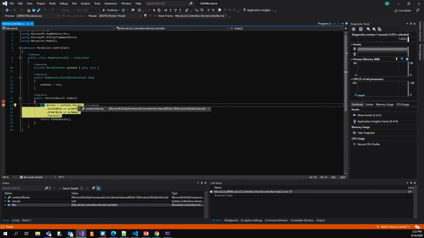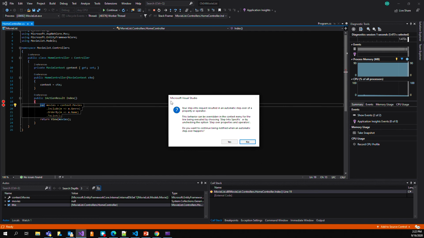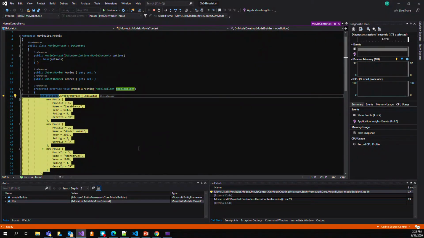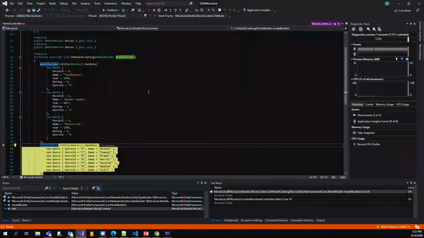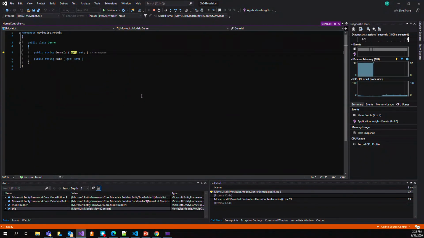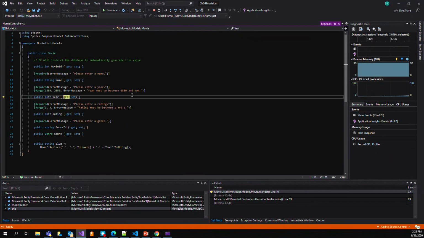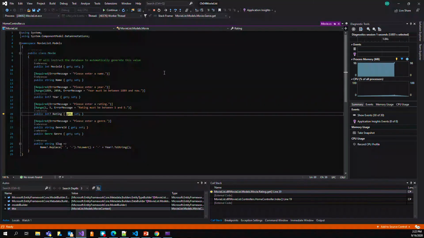So movies is a property, and I should be able to step into one of these. So if I hit F11, I'm going to step into. Doesn't look like it's going to let me step into it since it's a LINQ expression. Automatic step over. Okay, so it still let me step into it. So you can see F11, I'm allowed to step into this OnModelCreating. I can F10 and step over lines of code, F10, F10, F10, and then I'm over to my genre model now. I'll go ahead and F10 through that. It's going to make me get every single piece of the model. I want to continue F10ing